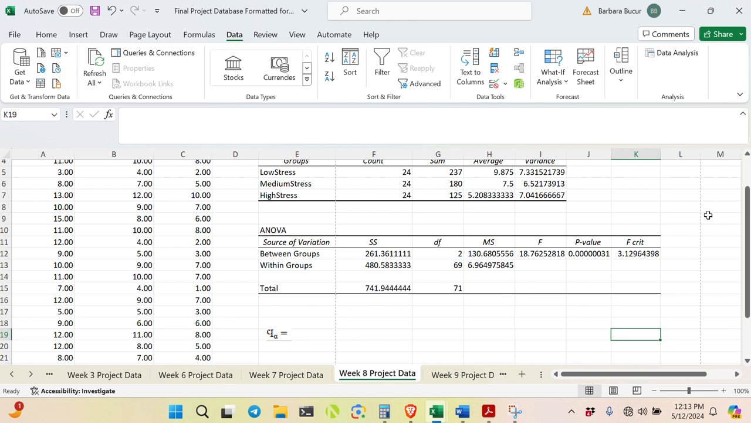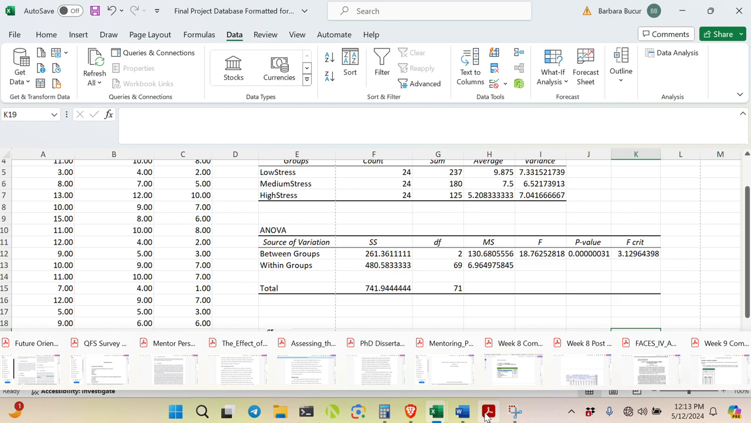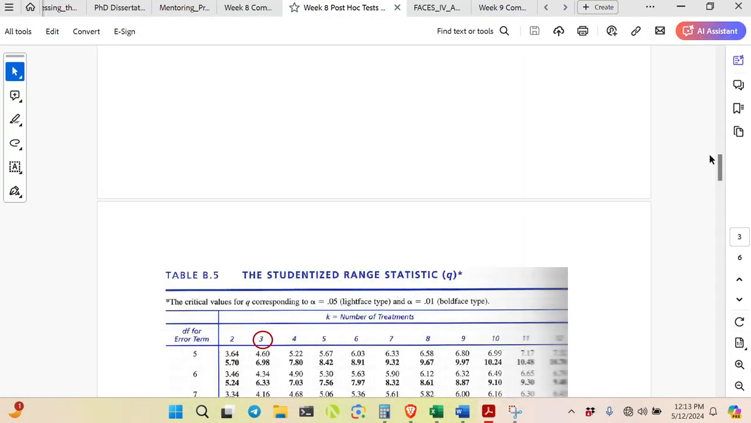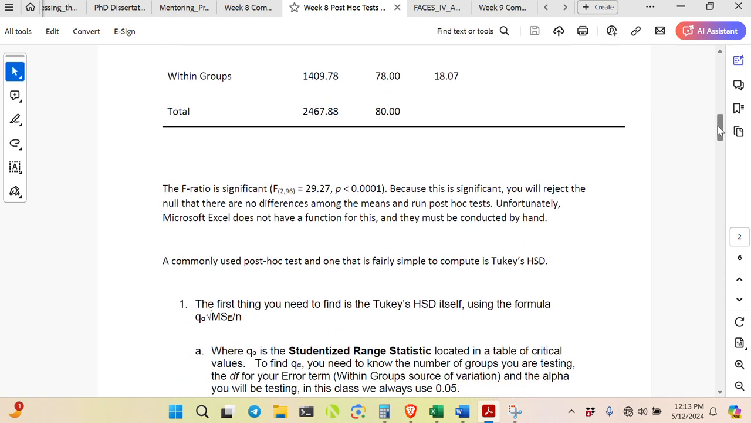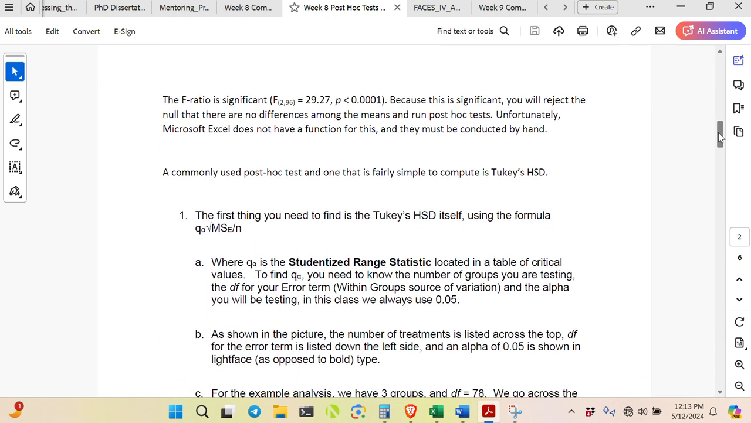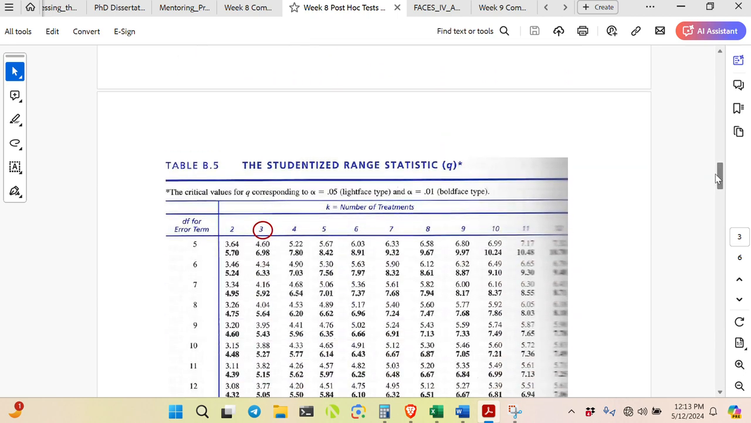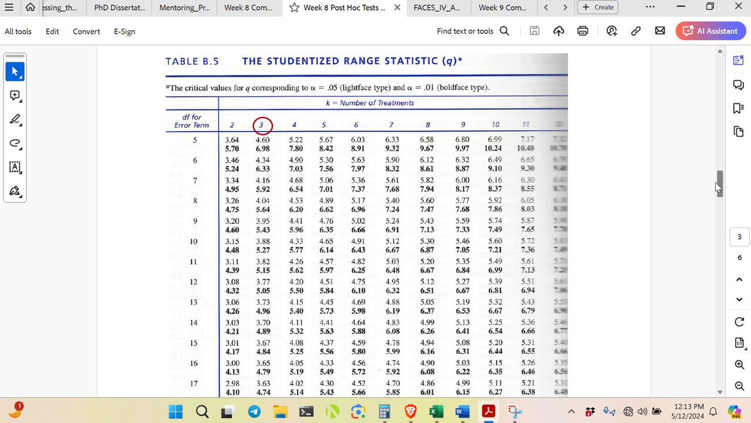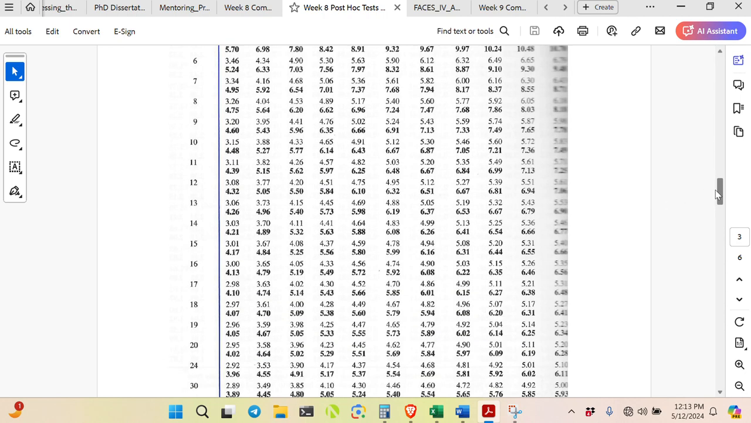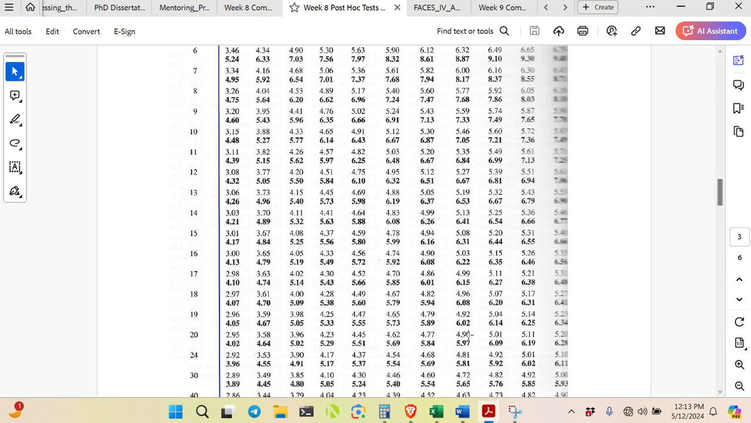So for the post hoc test, you'll need to find the studentized range statistic. And so that is located in the table in the lecture. So this is the lecture, and it tells you how to do the post hoc test using a different example. And so this is the table. So you need to know the number of groups you're testing and the degrees of freedom for within groups source of variation. So going back to the Excel file,